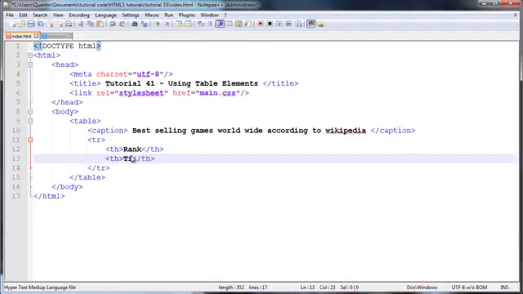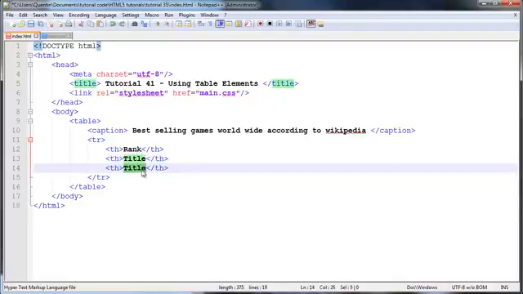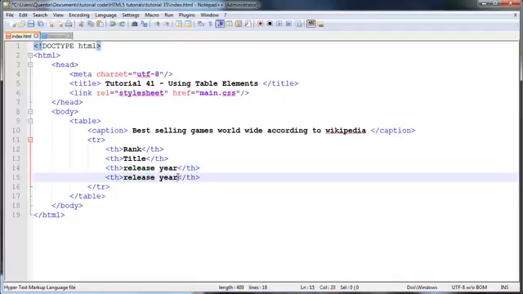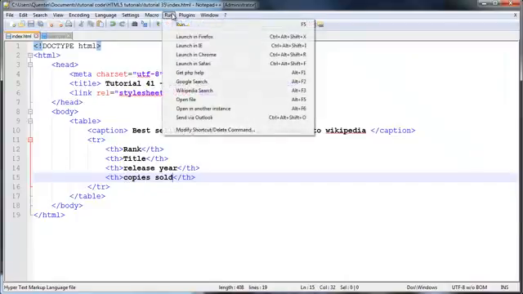title of title, and that is going to be the title or the game's title that is sold worldwide. Okay, and then we're just going to make one called release year, which is the year that the game was released. And then we'll also make another column for copies sold, so how many copies were sold worldwide. Okay, and if we go ahead and save this and run this in Firefox, we should start seeing our table